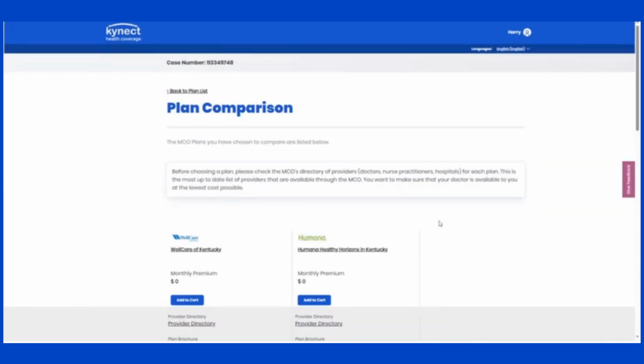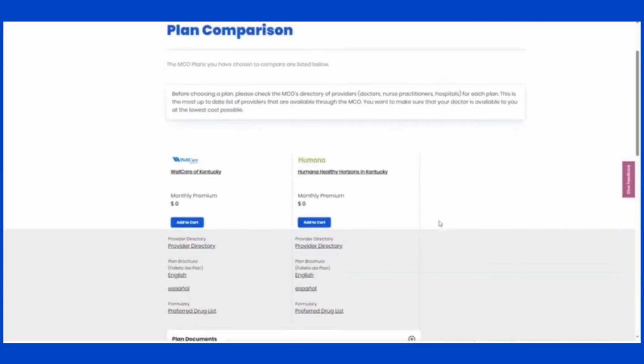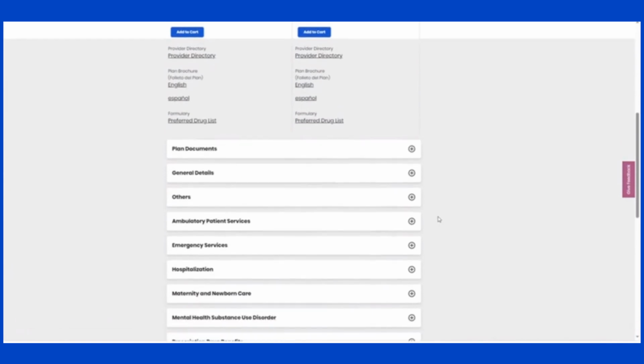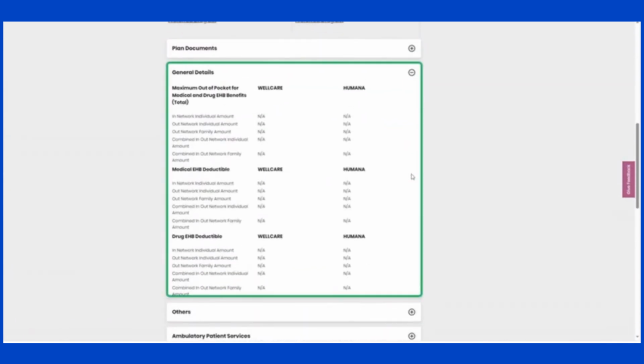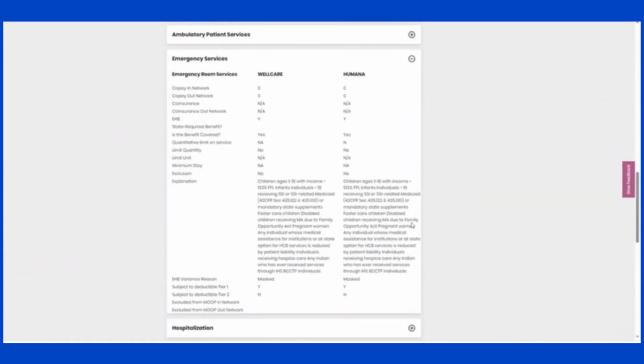A comparison screen will display comparing the Medicaid plans side by side. By clicking on the plus sign on the General Details tab, more information can be found pertaining to the two selected Medicaid plans. There are various other sections that can display additional information as needed. Since these are Medicaid plans and have no costs associated with them, comparing plans is focused on other aspects instead